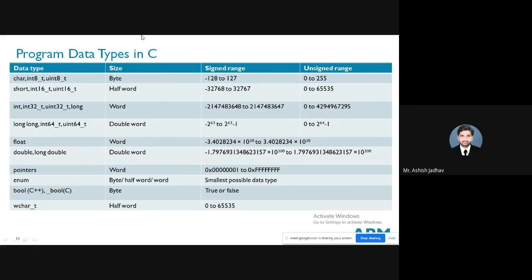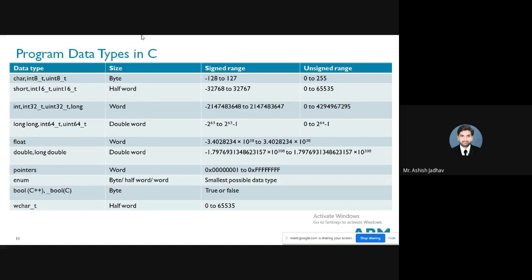Byte means what? How many bits does 1 byte have? Can anyone tell? 1 byte means how many bits? Of course, it is 8 bits, right? So when I say 8-bit, what would be the range that we can accommodate with those 8 bits?